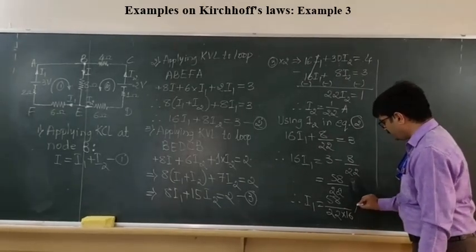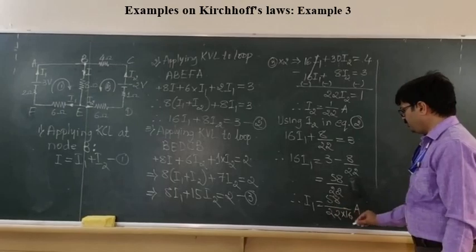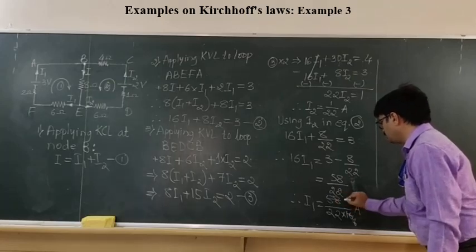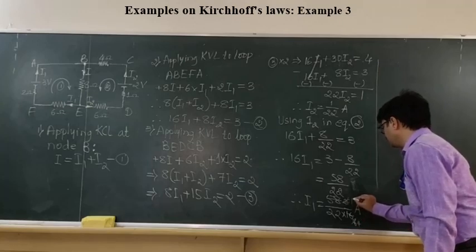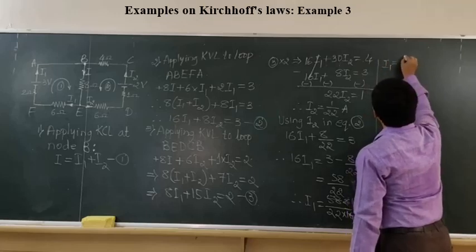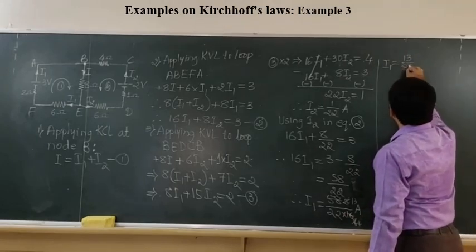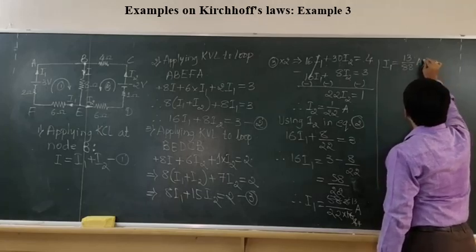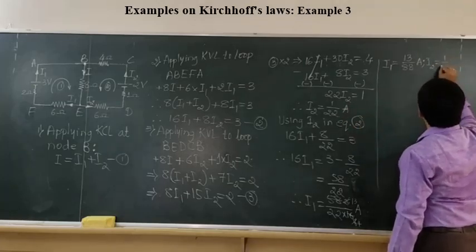Okay. So last step. Now I have obtained this much ampere as current I1 here. Now if you want, you can simplify this. 2 eights are 16, 2 sixteens are 4, 4 sixteens are 13. So we get this I1 as 13 divided by 22 fours are 88. 13 by 88 ampere, and I2 is equal to how much we have obtained? I2 is 1 by 22 ampere.